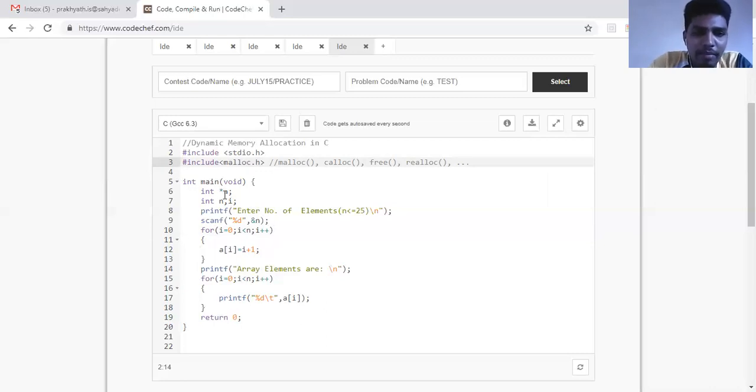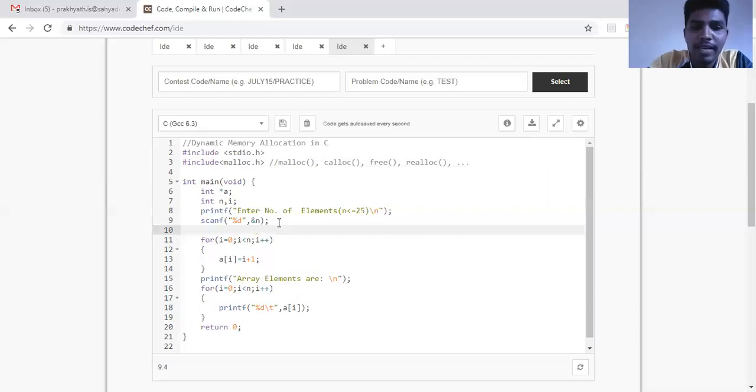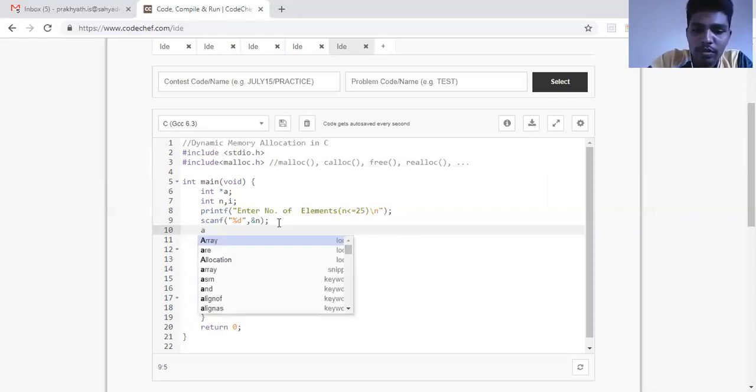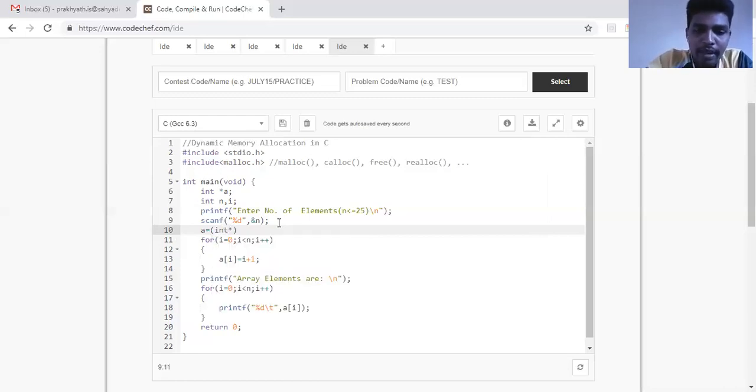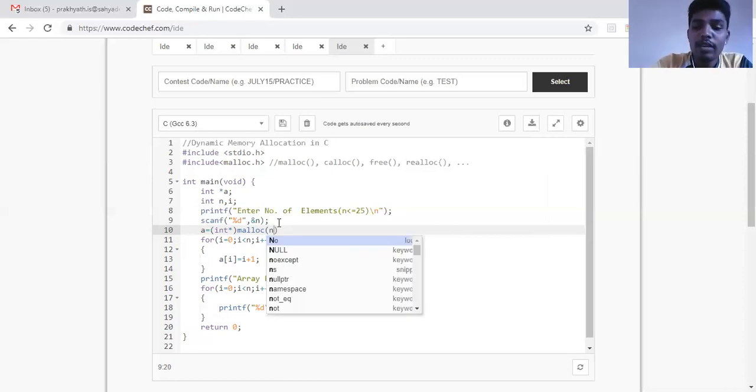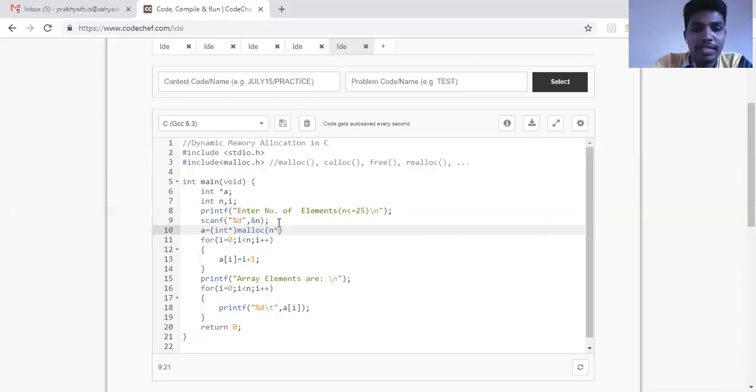So what I mean by dynamic memory allocation, you can see here, I have not told how much memory I want. I just told there is an address which has to be stored in A, but what should be the size of A, I have not stored. So I'll be telling after n. See how I'll be telling. I'll tell A is equal to, the syntax is the data type of A, that is an integer star, and the name of the dynamic memory allocation function, malloc. Now I should tell how much size I want. So how many elements are there? N elements. And what is the size of each element? 2 bytes, that is a 16-bit machine.